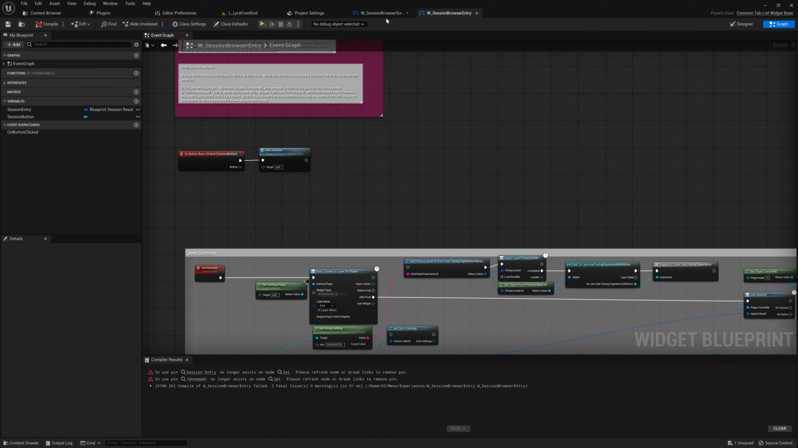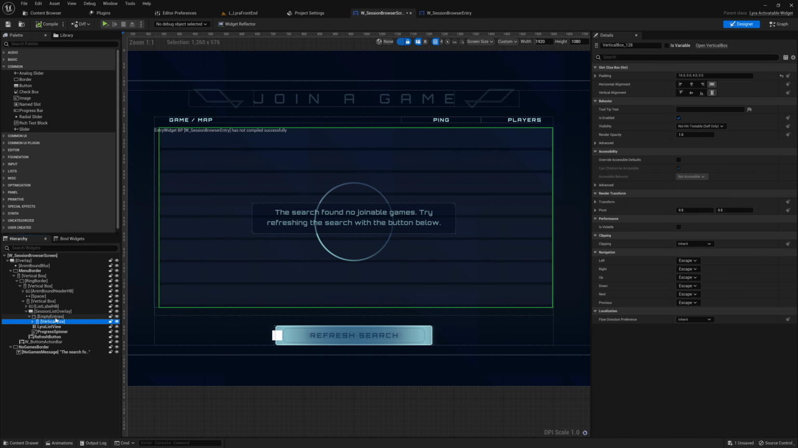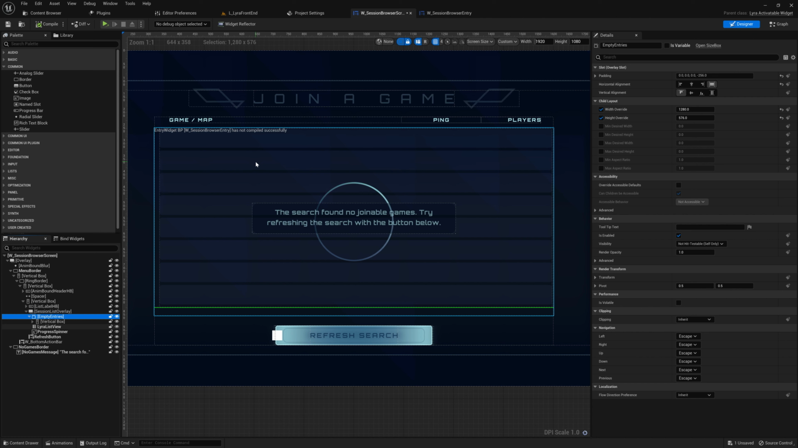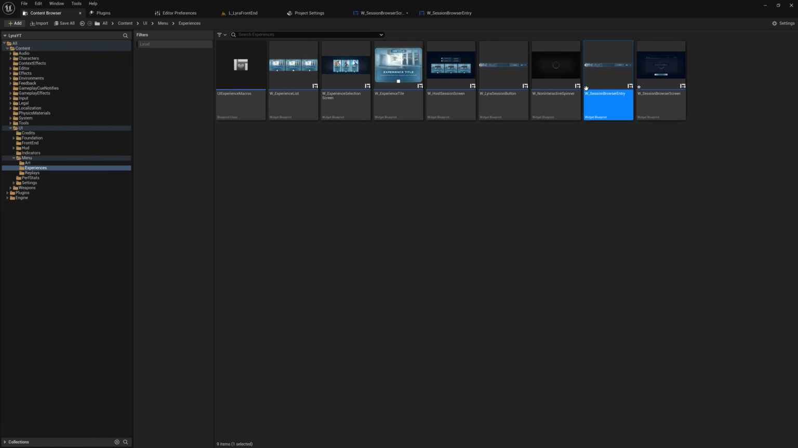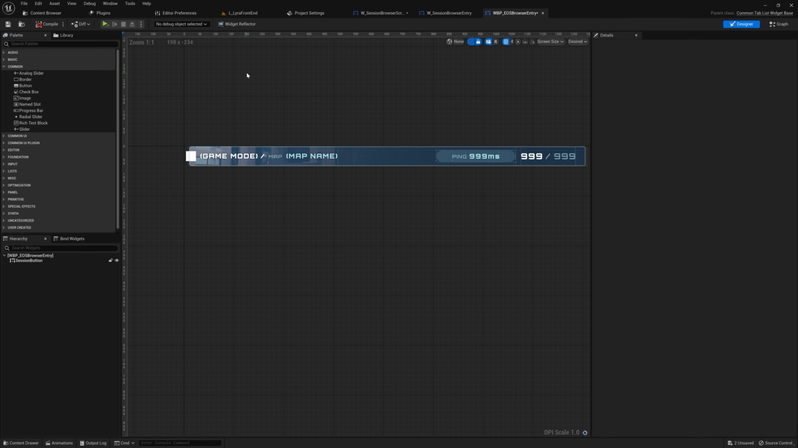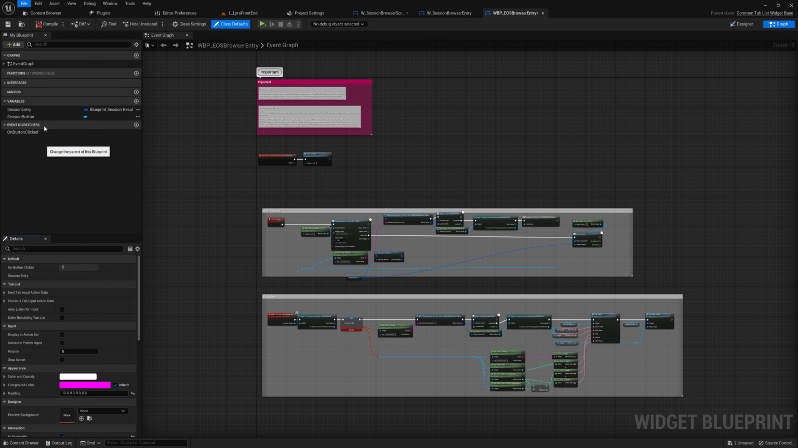Okay, so this would not be that easy to finish, but we need this. So let's make a new list, and let's just update this list upon that. So we can just go to this browser session entry and duplicate this and name this WBP EOS browser entry, and open this up and change the parent. So you can just go to graph, reparent blueprint to normal widget, user widget,